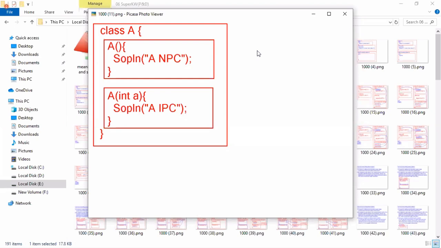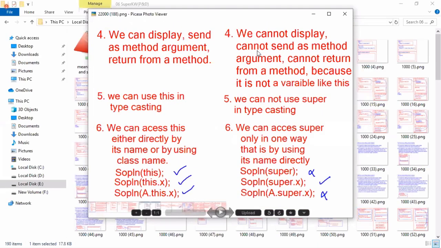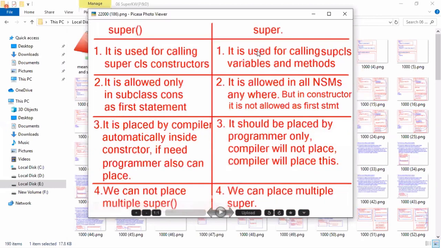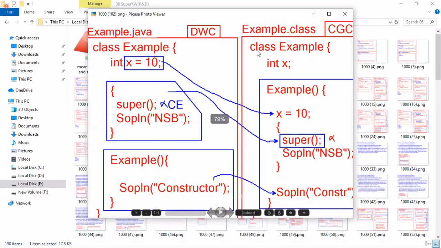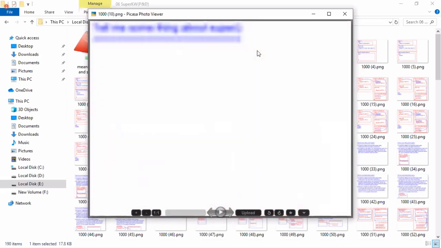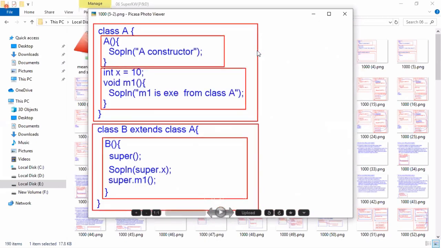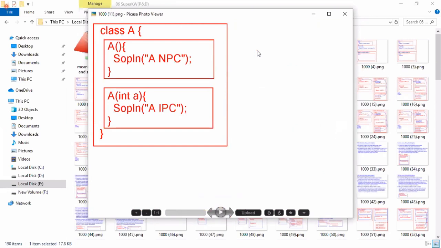And now please visualize here. Class A extends Object.